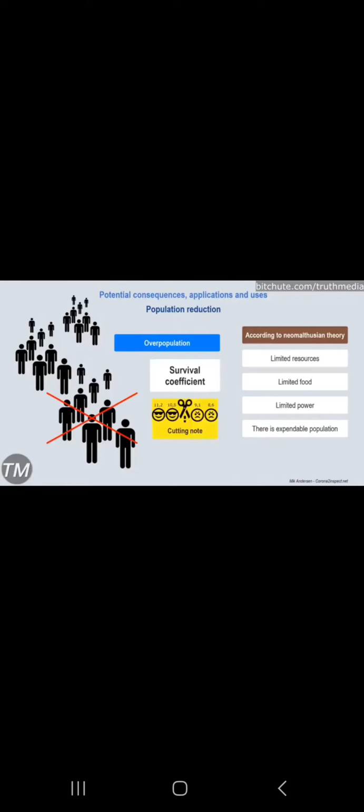6. Population reduction. According to the Neo-Malthusian thesis, the intracorporeal network would make it possible to know the value of each person and determine what part of the population should be eliminated, presupposing that there is an excess population that cannot be maintained and that reduces the resources available for the part of the population that is productive and of greater added value. This would mean the most absolute reification of the human being, denying all spirituality and freedom that are proper to people, by the mere fact of existing. By obtaining a cut-off figure, all those people who do not exceed the established threshold could be gradually eliminated, also by means of the intracorporeal network itself, as explained below.